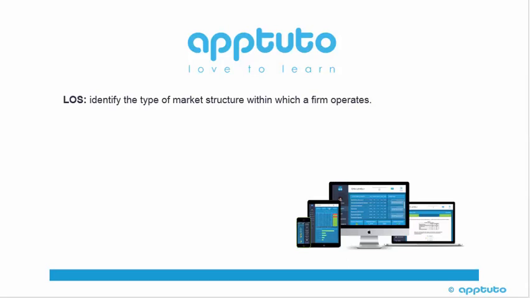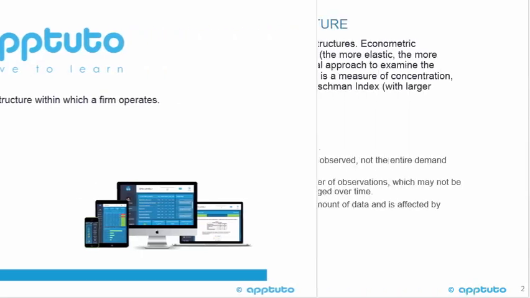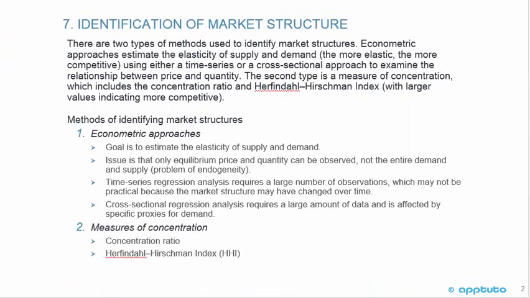This LOS is identify the type of market structure within which a firm operates. Identification of market structure. As we have seen, there are two types of methods used to identify market structures. Econometric approaches estimate the elasticity of supply and demand. The more elastic, the more competitive, using either a time series or a cross-sectional approach to examine the relationship between